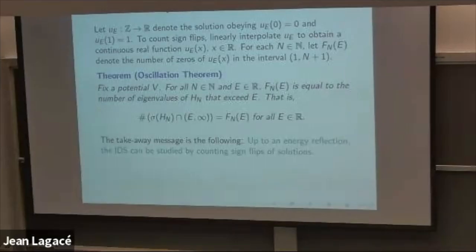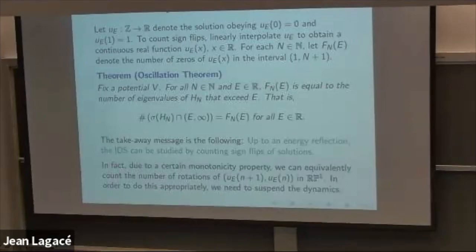All right, so here's the takeaway message. If the formulas look awful, just remember this take-home message. IDS is eigenvalue counting, and oscillation theory tells you it is zero counting. So now, how does that relate to anything? The first thing that you do is,